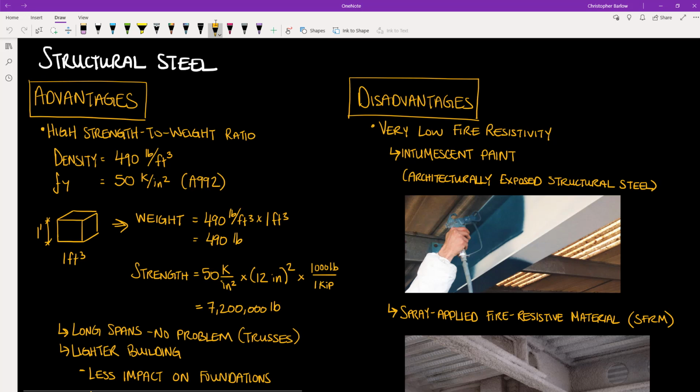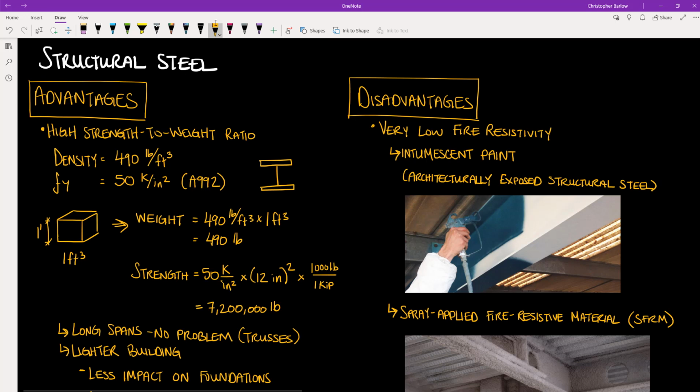But for right now, most steel shapes, including our typical wide flange, will have a yield strength of 50 kips per square inch. And so, if we have a 1 foot by 1 foot by 1 foot cube of steel that is A992 50 kips per square inch yield strength steel, that block, as I said before, will weigh 490